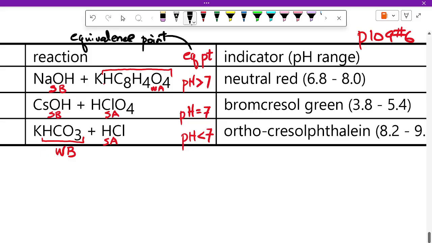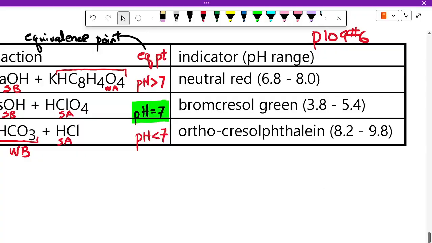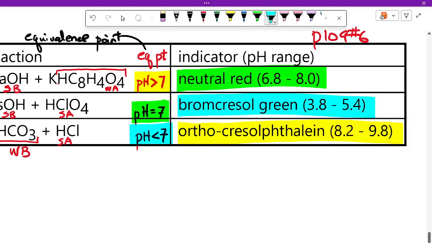All right, and so let's pick our indicator. If we want the pH to be equal to 7, which of those 3 indicators would go with that one? Neutral red. Okay, and we want pH greater than 7. Orthocresol phthalate. Yes. And pH less than 7, we have bromcresol green. Now, if we need to explain that,